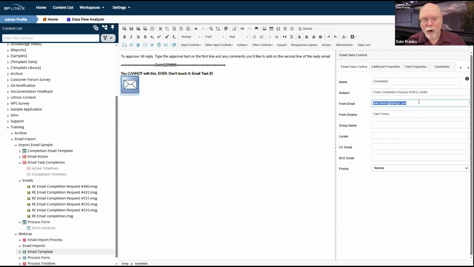It overrides my registered email address, and it uses this specific email address as my from email. In most cases, your default workflow from email address is the one that's going to go on the email, with a fallback to registered email address.